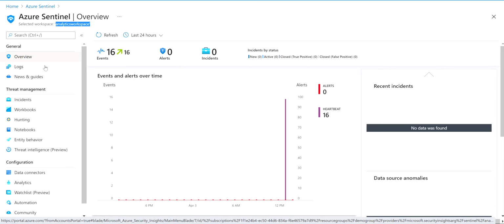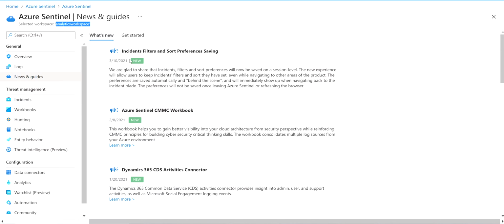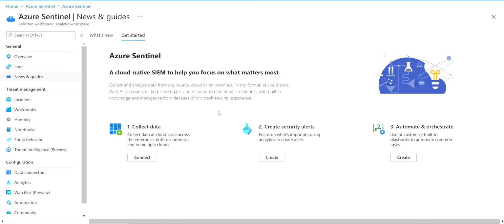So that being said, this is where you would come in and review your logs. Maybe you just want to deploy new connectors. Maybe you just wanted to ingest data from various sources. This is the first page, the get started page, where you would want to start your deployment. Maybe you just wanted to monitor. Maybe your SOC would want to query the logs that are being collected, or maybe you wanted to manage it accordingly to ensure that